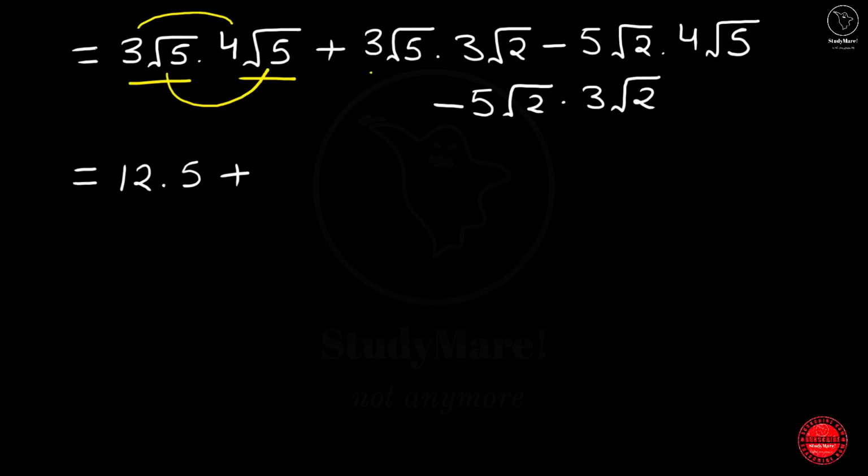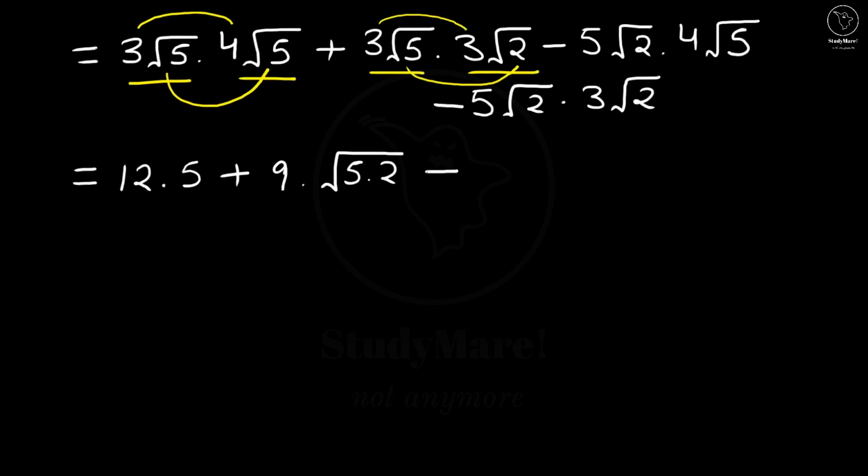So we have 3 root 5 into 3 root 2. So we have 3 into 3 and root 5 into root 2, which gives us 3 3s are 9 into root 5 into root 2 is root 5 into 2. Minus, same way we get here 5 into 4 is 20, root of 2 into 5, minus 5 into 3 is 15, root 2 into root 2 is 2, which is equal to 12 into 5